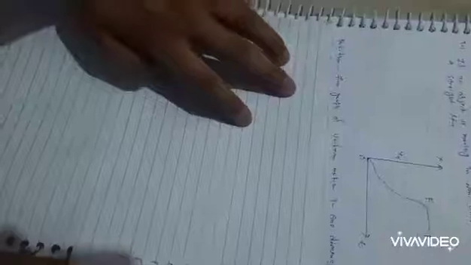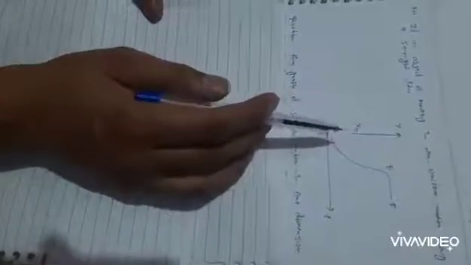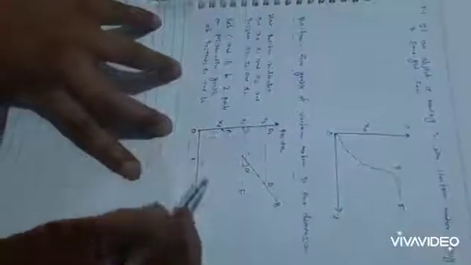Now our next topic is the position-time graph of uniform motion in one dimension. In the previous topic we discussed the position-time graph for a moving object, in which we covered uniform motion, motion at rest, and non-uniform motion. All kinds of motion were discussed in that graph. But now in the next topic we will discuss the position-time graph of a uniform motion in one dimension. So in this we have this graph.